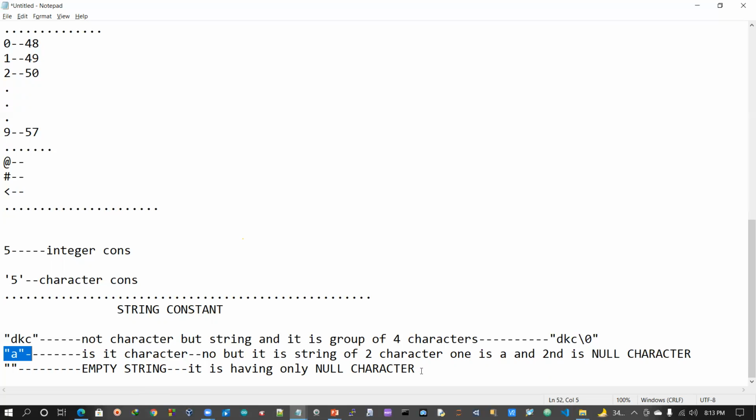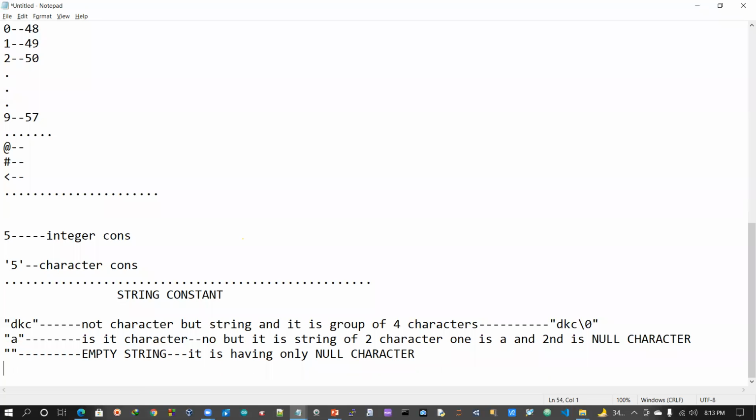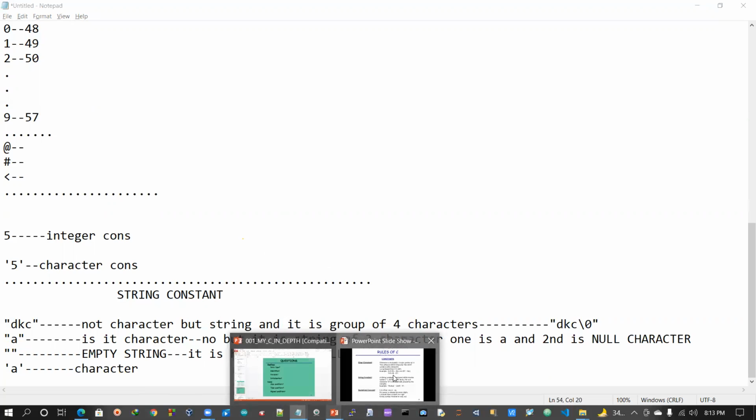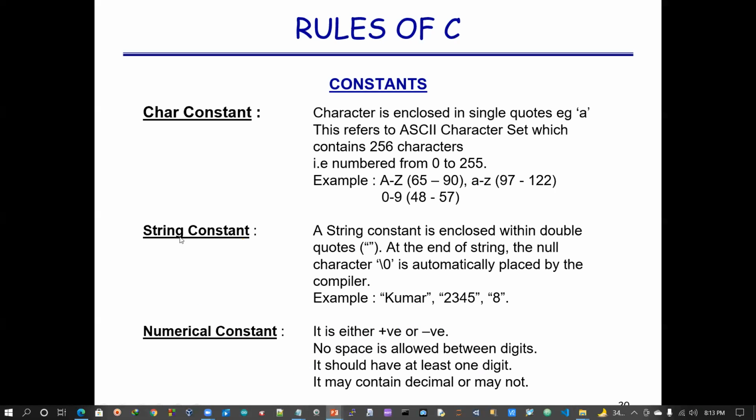Now once again, I am taking another example. What happens here if I am taking this one, A in single quotes? Now, what is your opinion? Oh, that's a character. Very good. Character. Understand? So I hope you get this concept. Okay. Do you need such notes? At last, I will WhatsApp. Yeah, can you send them on WhatsApp and then I'll rejoin. Okay. Fine.